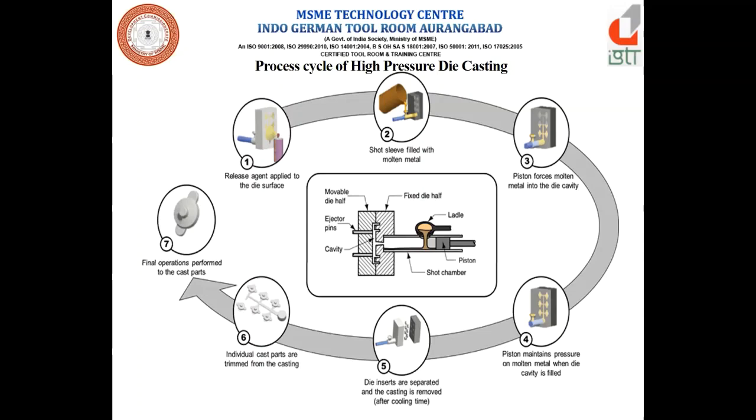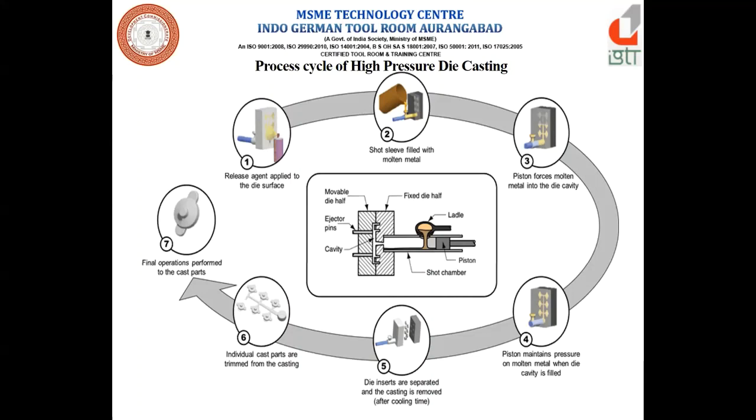The molten metal is transferred from the furnace into a ladle. That process is already over. The molten metal is then forced into the die using extremely high pressure. High pressure then holds the metal in the die until it has time to solidify. The piston forces metal into the die cavity, and then this piston maintains pressure on the molten metal when the die is filled, so that all the intricate shapes provided in the dies will be filled completely.